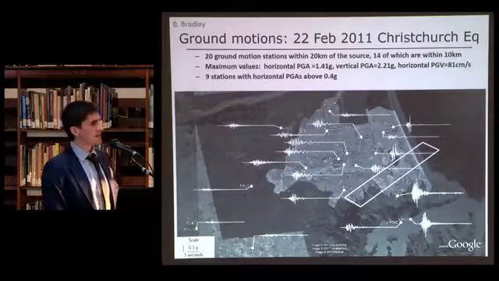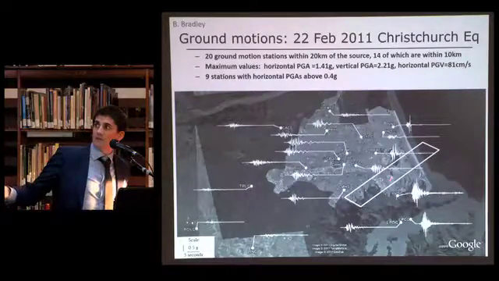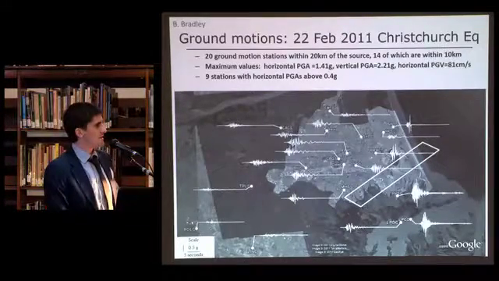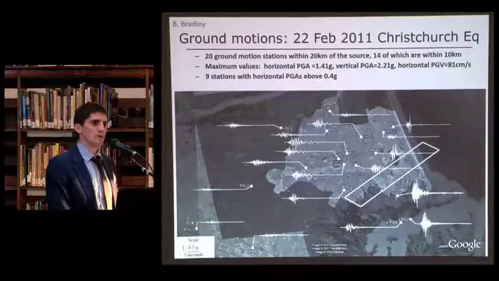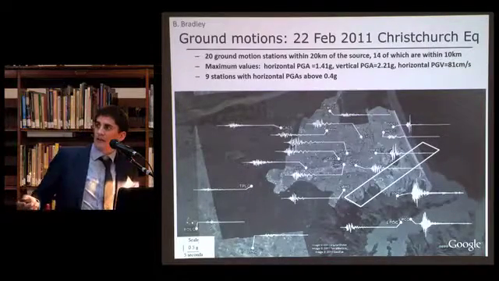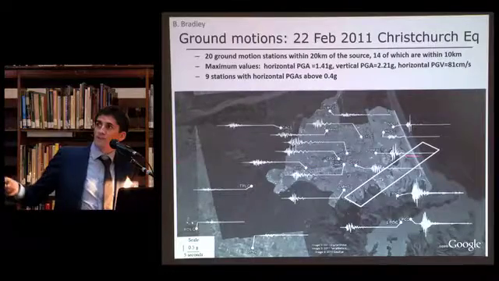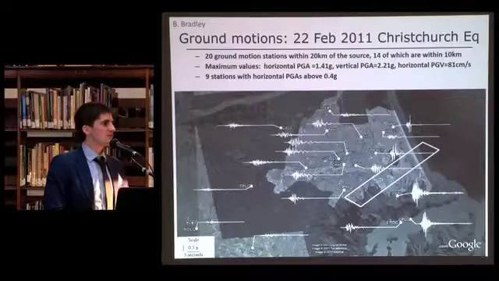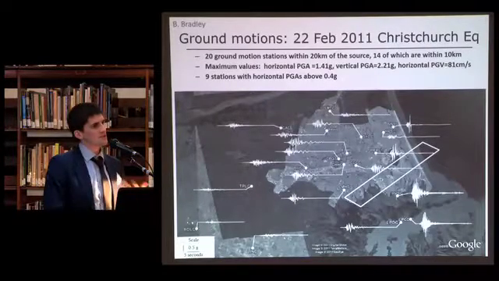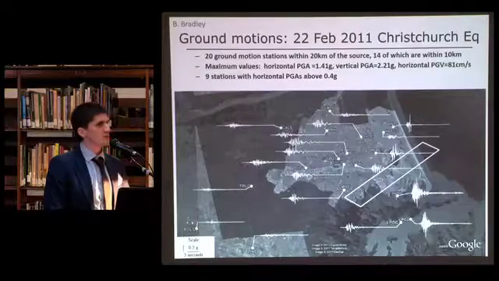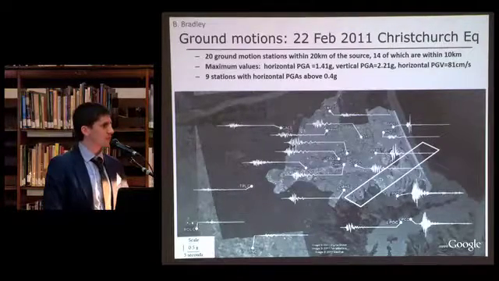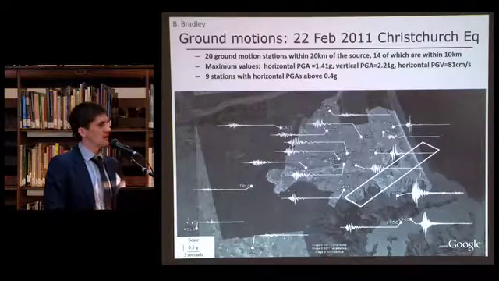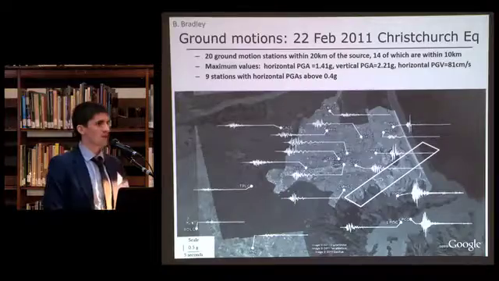This image is illustrating the location of the February 22nd 2011 earthquake, shown by this rectangle here, and then the waveforms that you can see are the recorded ground motions throughout Christchurch City. As a sense of scale, the width of this image is about 6 kilometres. So you can see there's a relatively dense amount of recorded ground motions in that region, and I think this is one of the successes of the Canterbury earthquakes, a good constraint on what the level of ground shaking was, which then from a reconnaissance perspective allows us to understand the correlation between shaking intensity and consequent damage.